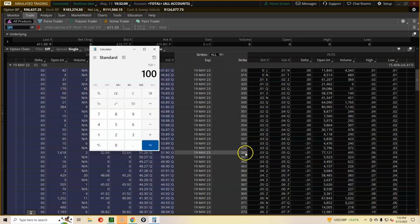So $360 per share. I get it. I think I just said 362. Whatever, we're going to go with 360. So 100 shares times $360 per share. Boom! To secure this position with cash, you would need $36,000. But if you only have $1,000 in your account and you did this, if your broker allowed you to,